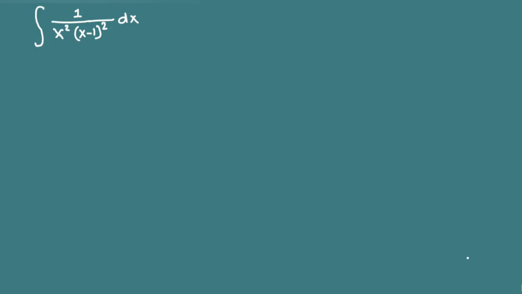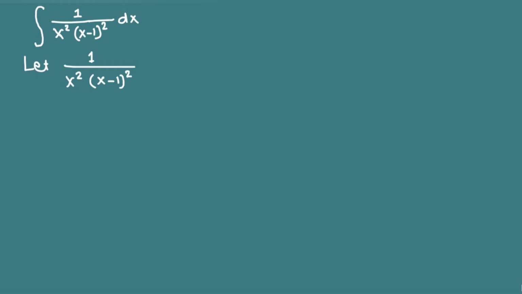We have the integral of 1 over x square times (x minus 1) quantity square dx. We will write this fraction as a sum of simpler fractions, called partial fractions, in this way. So let the fraction 1 over x square, with a repeated root,